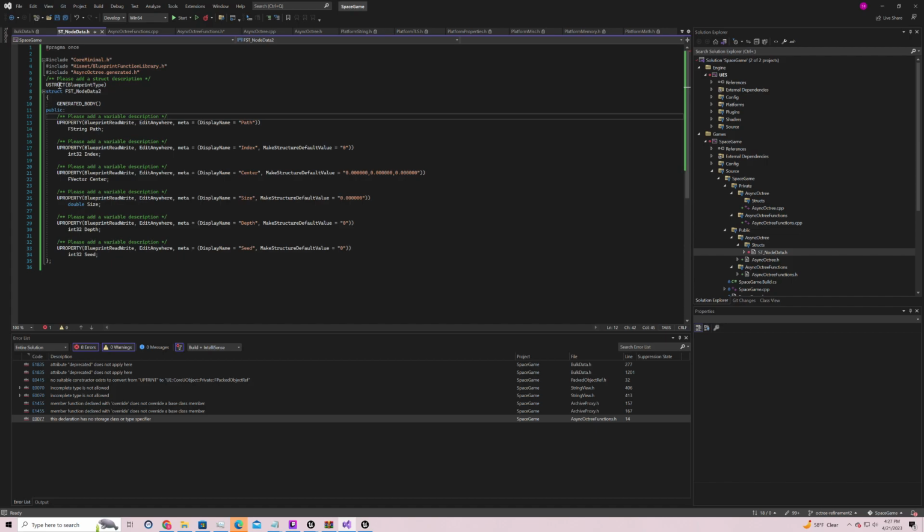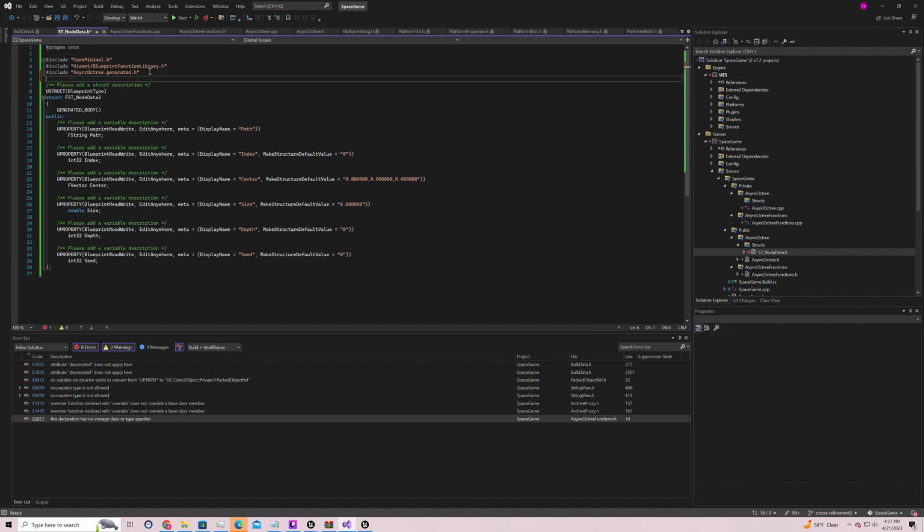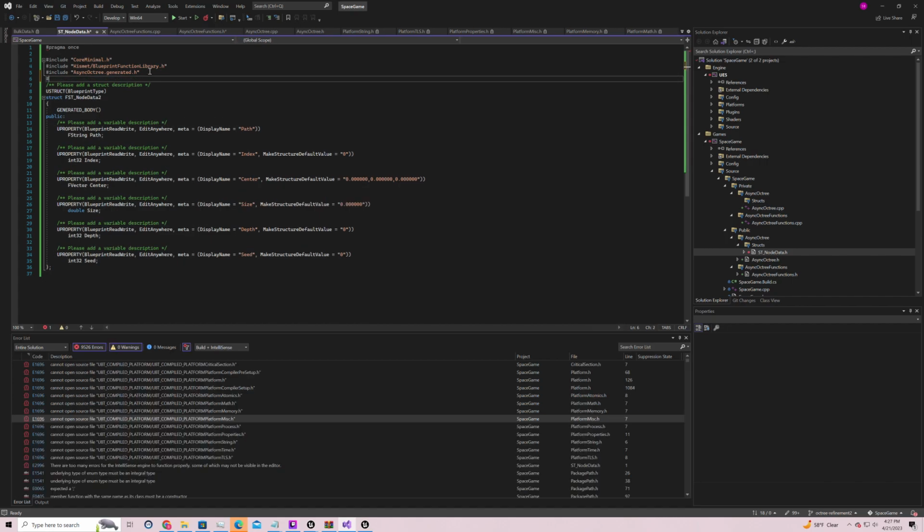See, why does this not work, you know? Is there a good way for it to auto-include this?